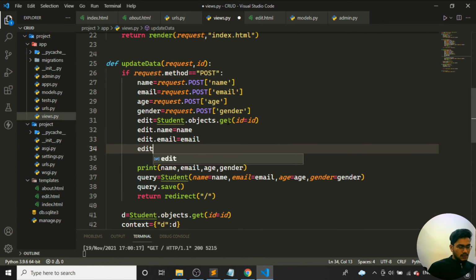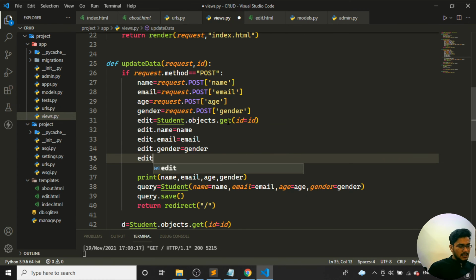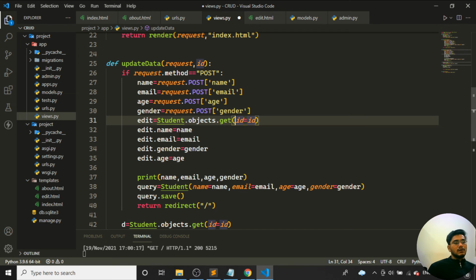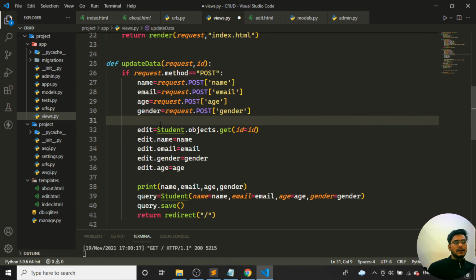Then edit dot email is equal to email. Then edit dot gender is equal to gender, same as it is. Edit dot age is equal to age. Whatever new attributes I'm posting in the form, that should get edited.